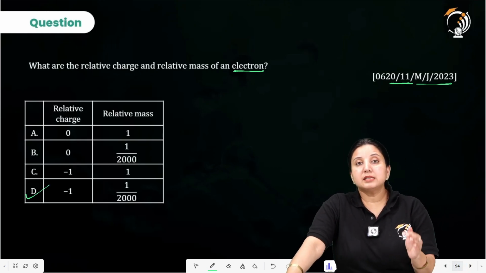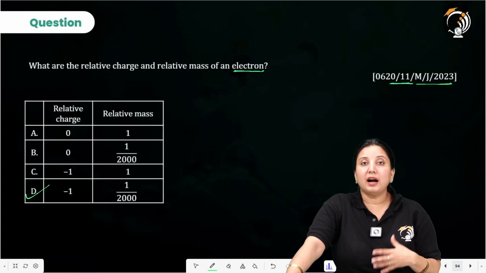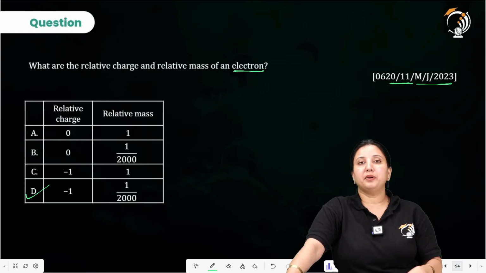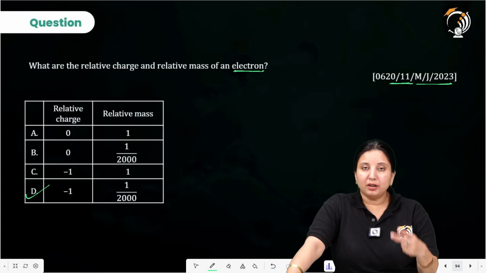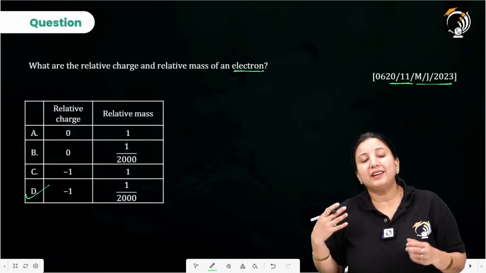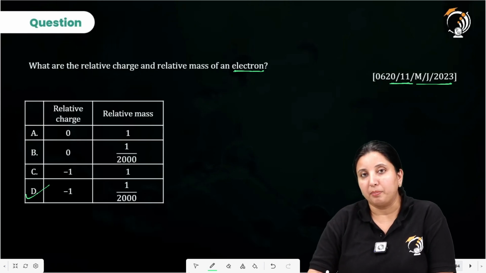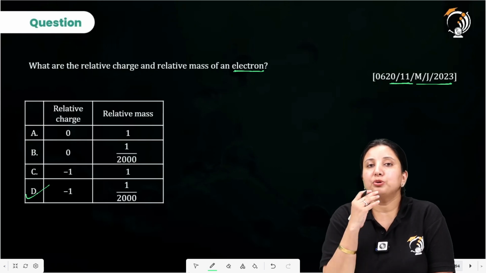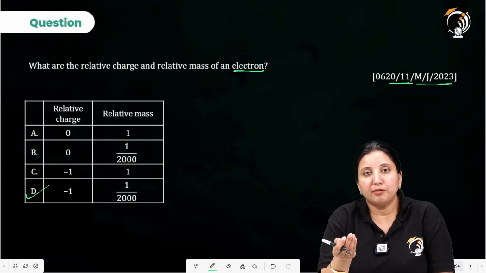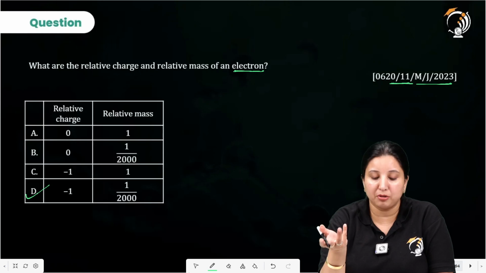Now look, this is the question which we got from the subatomic particles. So from here you are getting an idea that from subatomic particles we discussed a lot of questions from the year 2023, 2024. So we got 2 questions. But if I talk about the isotopes, in the case of the isotopes, we are getting plenty of questions. So isotope is one of the important topics. And if I talk about isotopes, what do you have to remember? The same number of protons but a different number of neutrons. Another point, the chemical property is the same. Why? Because the number of electrons is the same.